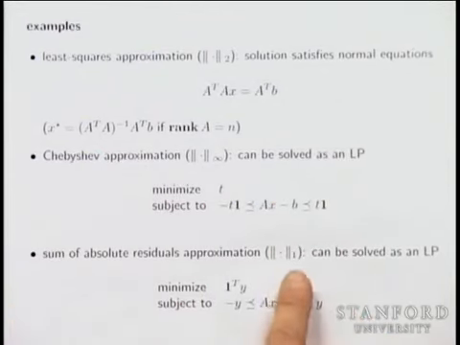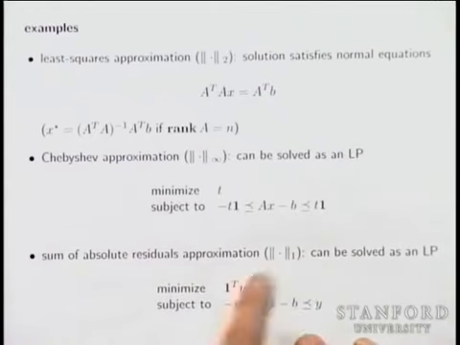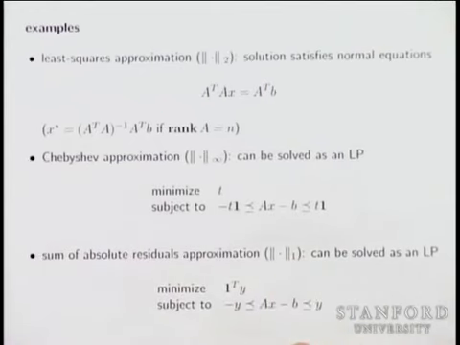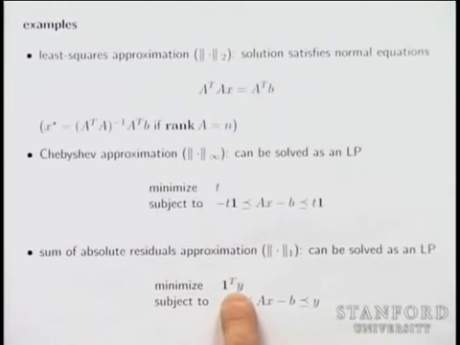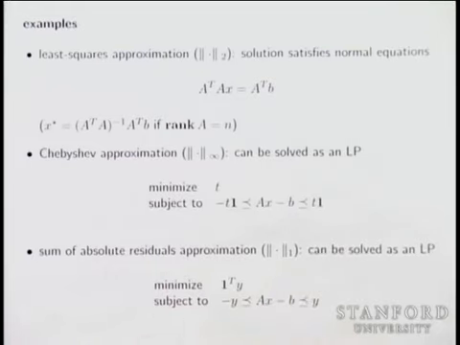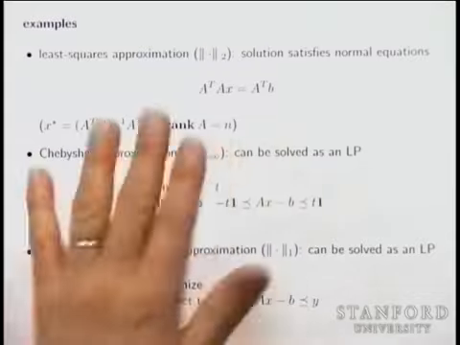Another possible norm at the other extreme would be the one norm. In the one norm, you minimize the sum of the absolute residuals approximation, and that can be solved again as an LP. Here, you introduce a full set of m separate new variables, and you solve this linear program. Okay, now it's actually useful to look at this from even just go all the way to a more general